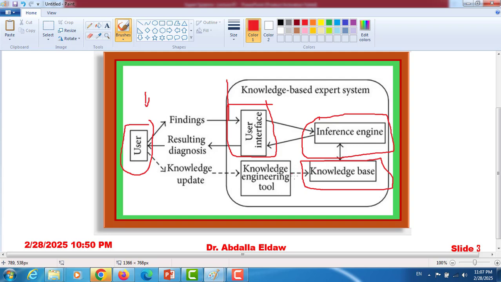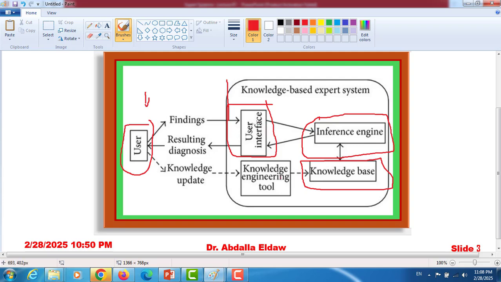The new component here is the knowledge engineering tool. This represents a narrow knowledge base, engineered or organized by expert engineering.